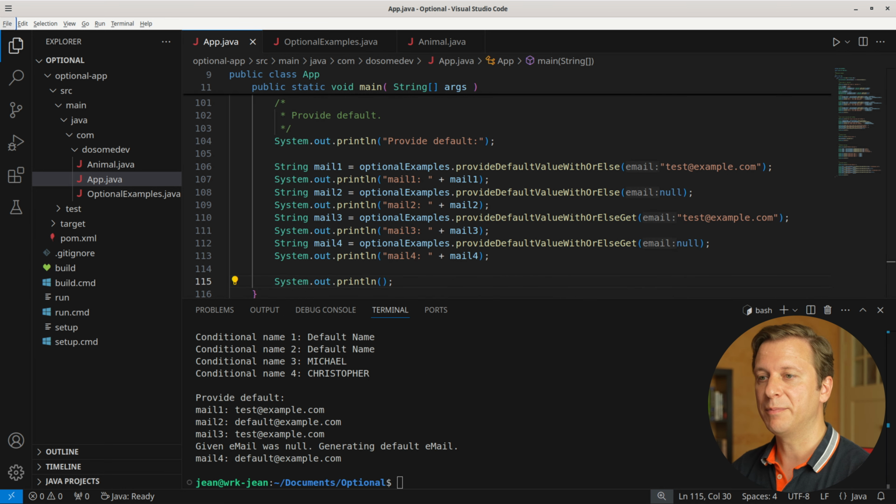And here we can see mail1 resulted in test@example.com. Mail2 did not work. Mail2 was only provided null and therefore resulted in default@example.com. Mail3 resulted in test@example.com, which we provided to the method. And mail4 resulted in default@example.com because the given email was null, so we had to generate a default email. Optional helps prevent null pointer exceptions by providing methods like orElseGet and ifPresent, to handle